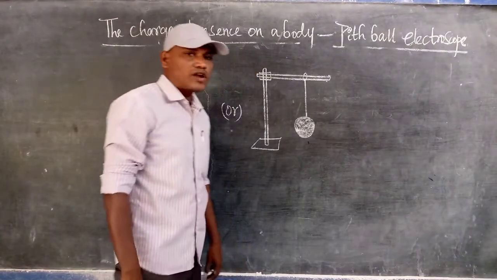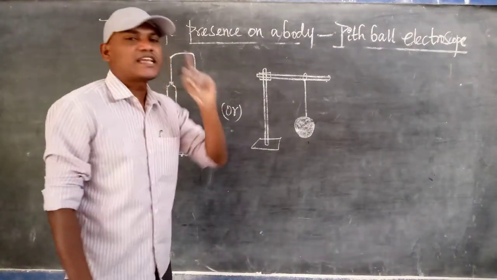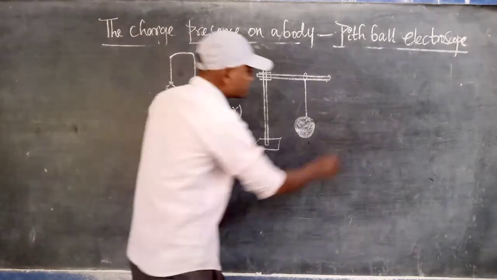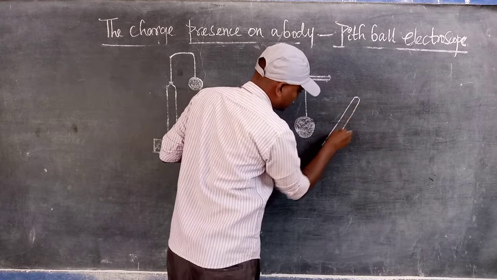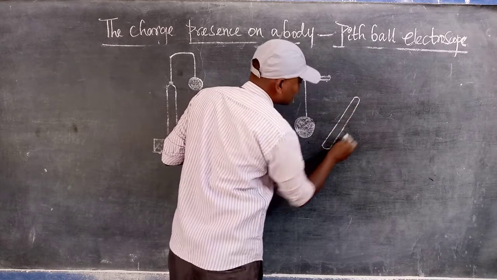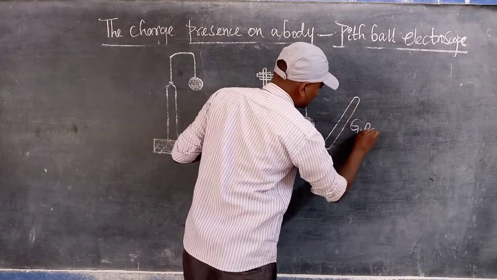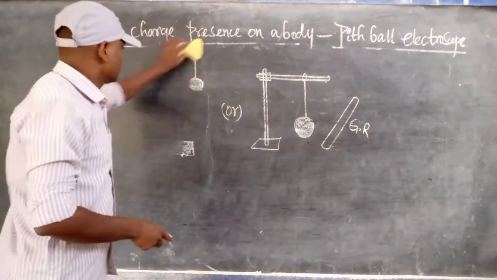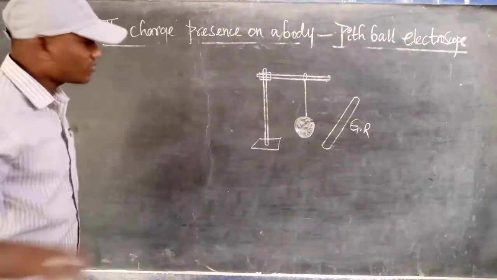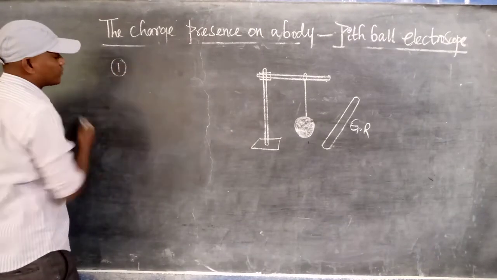Now here, what we discuss is that first of all we take a glass rod. So here, three concepts we are discussing. First one,